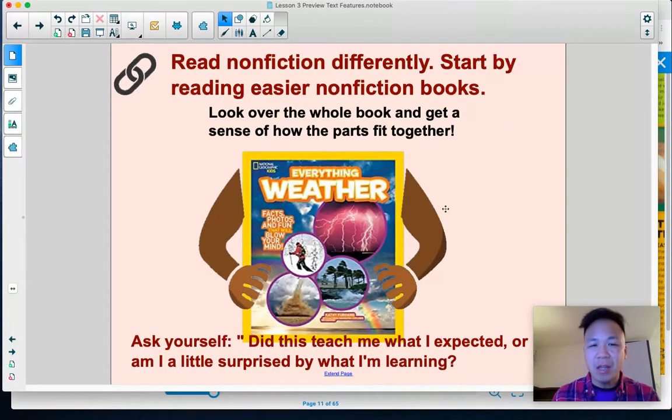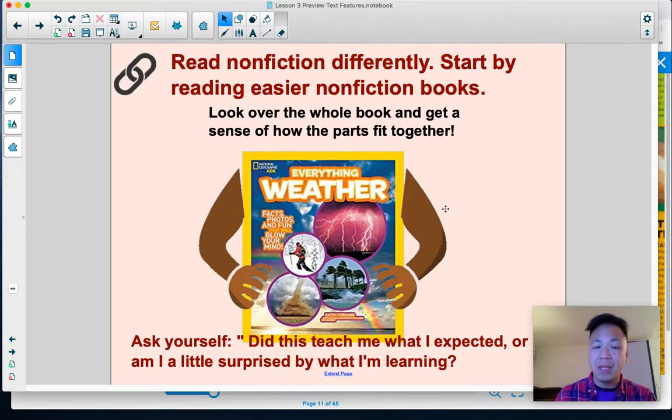So imagine that you make a little telescope with your hand like this, where you're just sort of looking through your book, looking through your hand like this, so you're reading one word at a time. And that's kind of what it's like to read nonfiction without previewing it. You're just seeing things one word at a time and just sort of trying to make sense of it. Whereas when you preview, you get to look at all of the book and get an understanding of what the whole book is about and get a sense of how the parts fit together, so that way it's easier to learn.